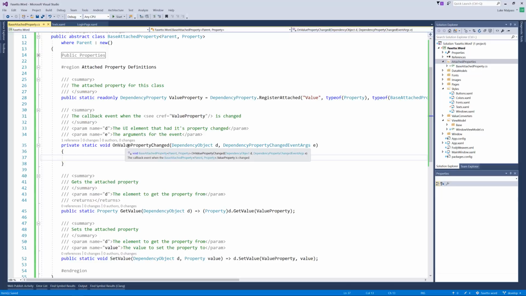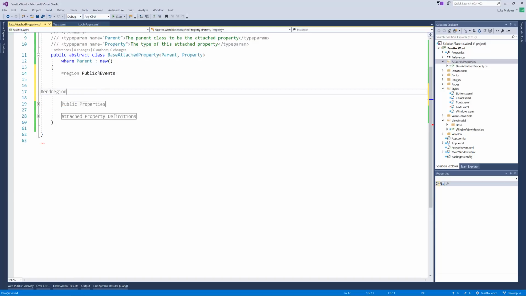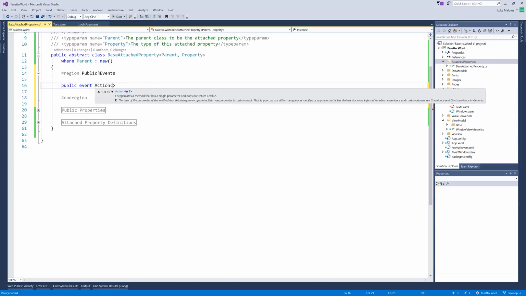We got the onValueChanged property. We now need to add events so that the callers can listen in on the properties changing and things like that. So we've got an instance there. So we want a public event. It's an action. Rather, it's not going to return. It's going to pass in